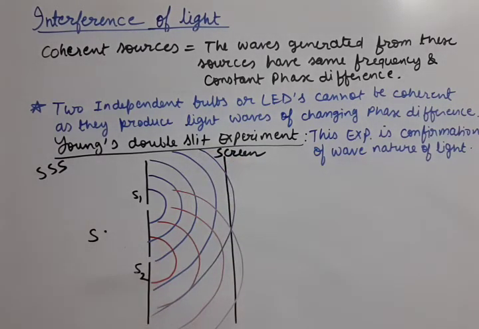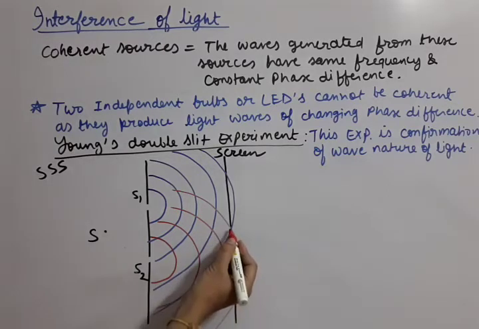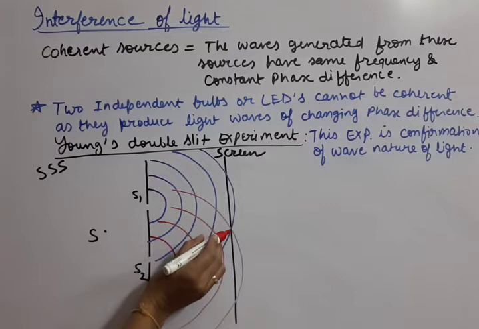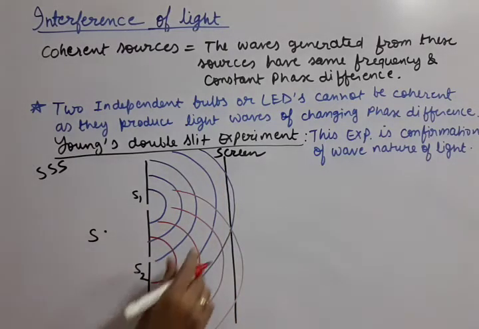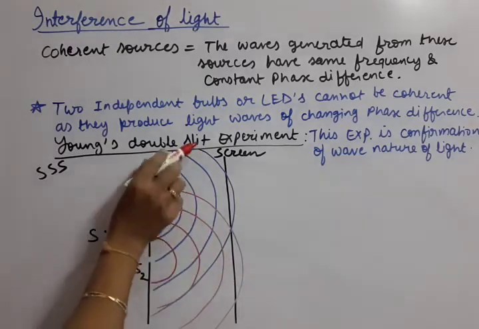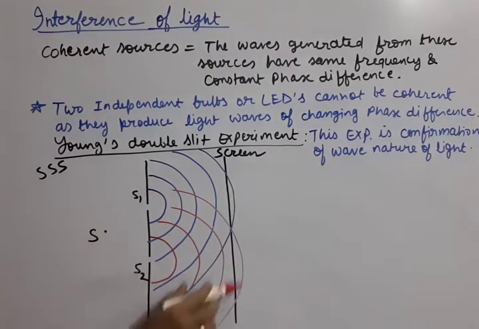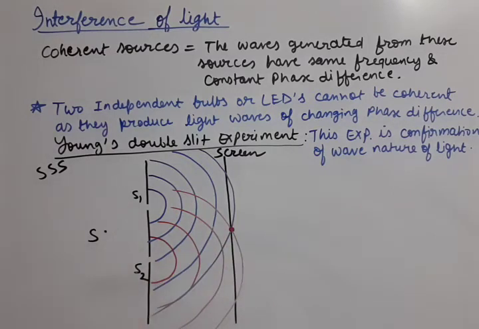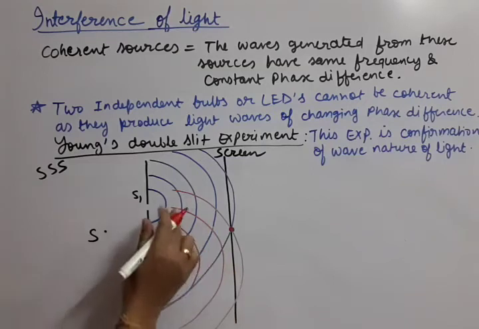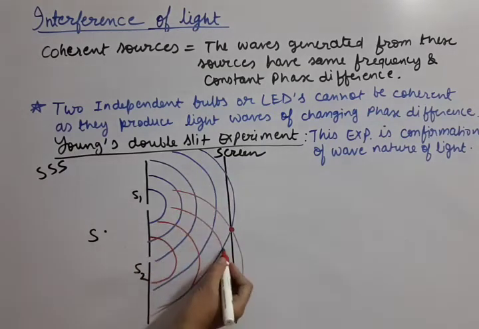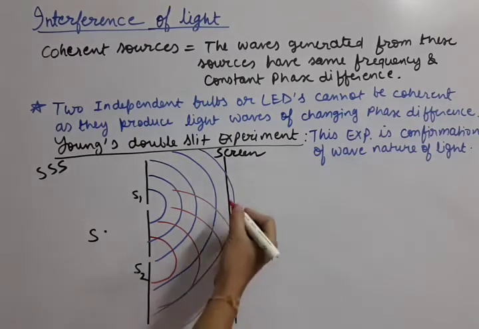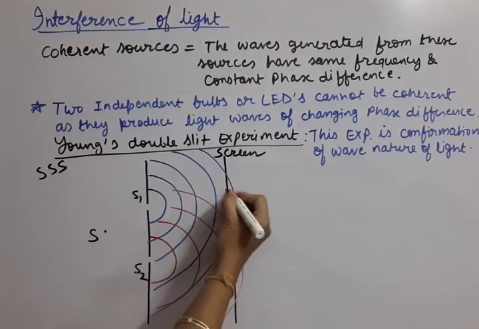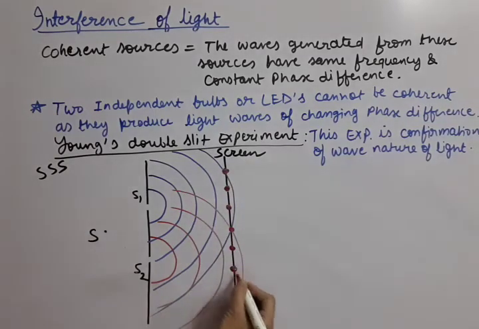So you can see now on the screen, as they reach, there will be some points where the intensity by both the wavefronts is contributed. You can see the blue color wavefront and this red color wavefront. They are overlapping here. So here the intensity from both is contributed on the screen. So this is the maxima. In the same manner, you can see this red wavefront and this blue wavefront. They are meeting here. So this is also contributing to the intensity on the screen. So in the same manner, wherever overlapping positions are coming, those are all maximas on the screen.